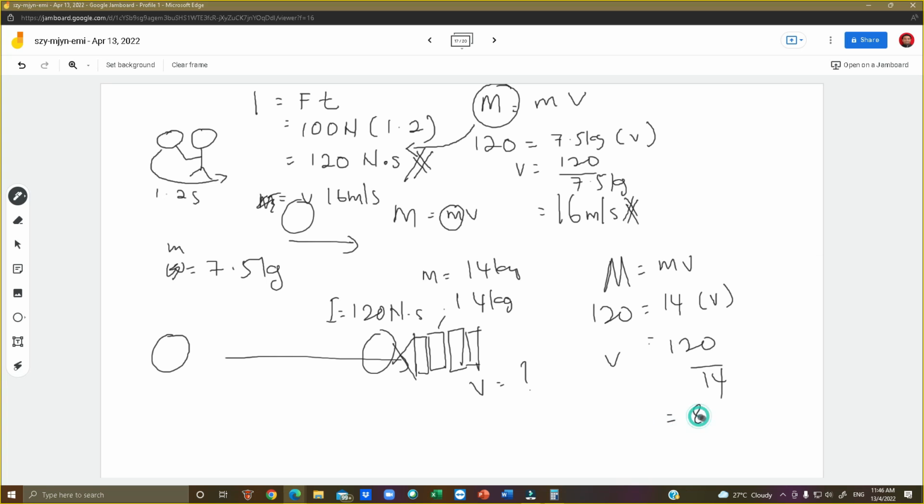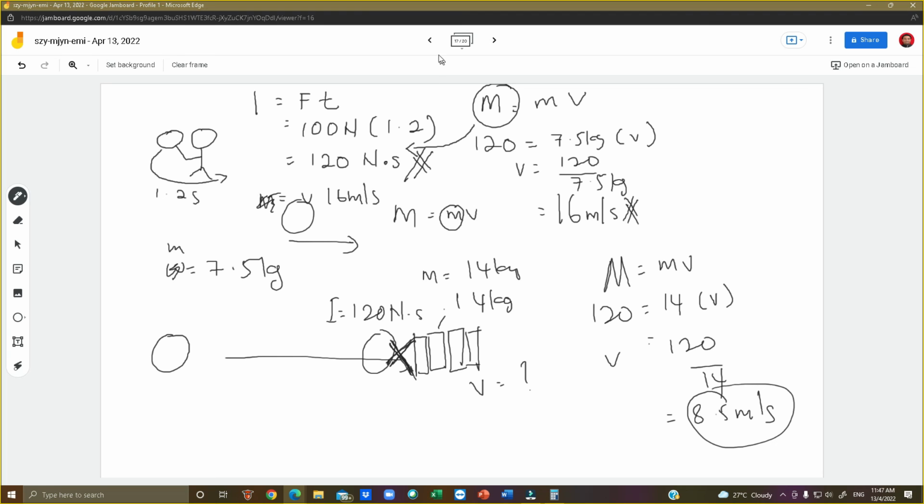8.5. So you are going to get 8.5 meters per second. It means all the pins are going to scatter after contact with the bowling ball. This is how we use the transfer. So by having this amount of force, it can knock down all the pins based on weight, not based on direction. If it doesn't enter the pocket, it still scatters. This is how we calculate using impulse and momentum.